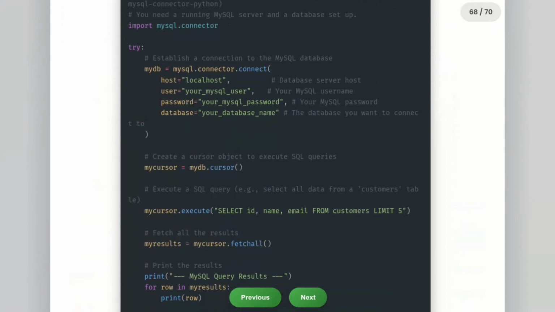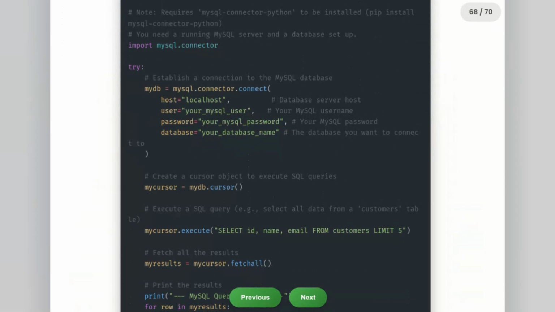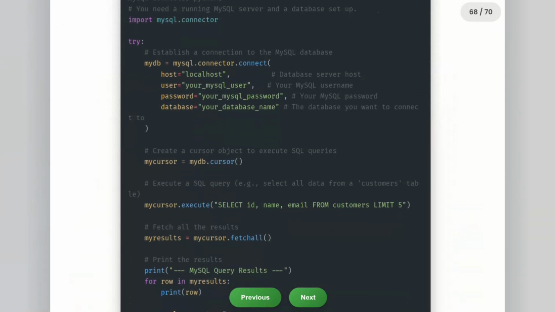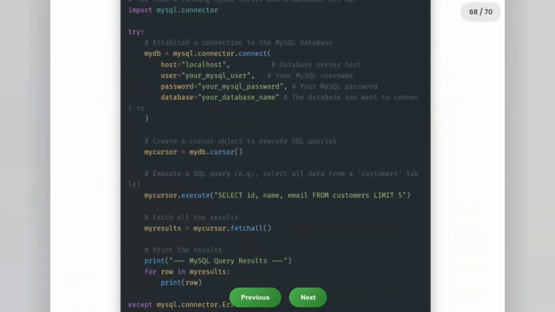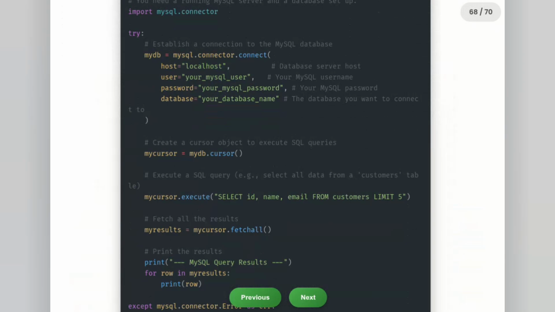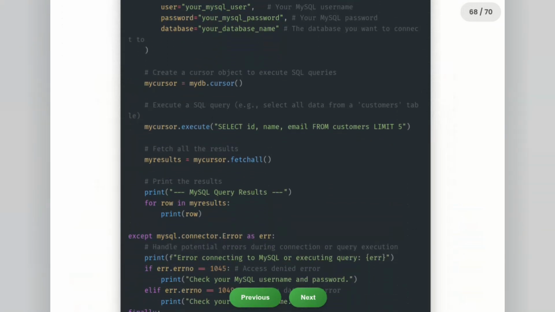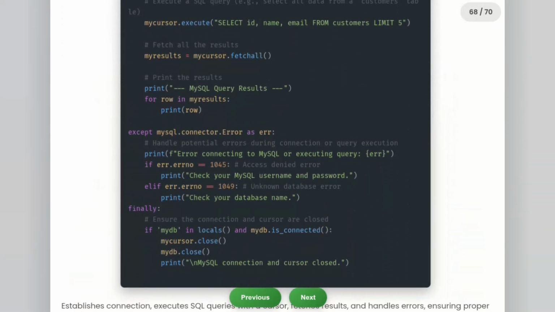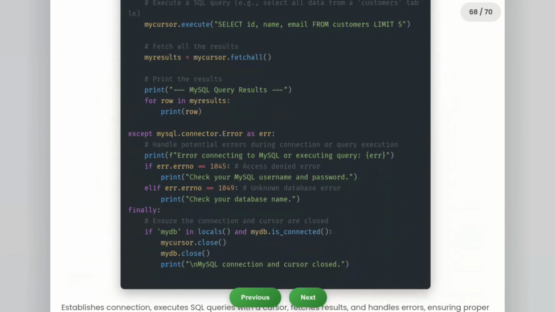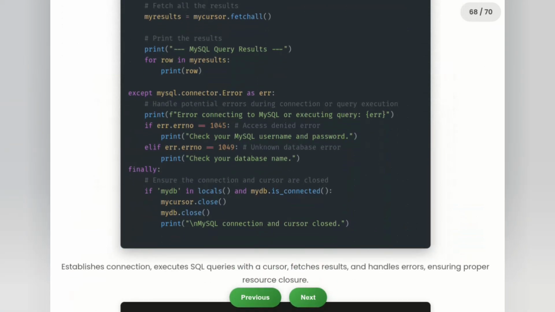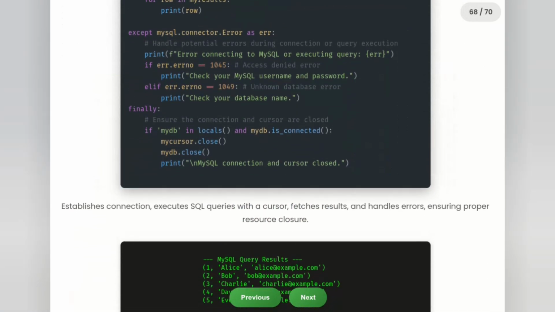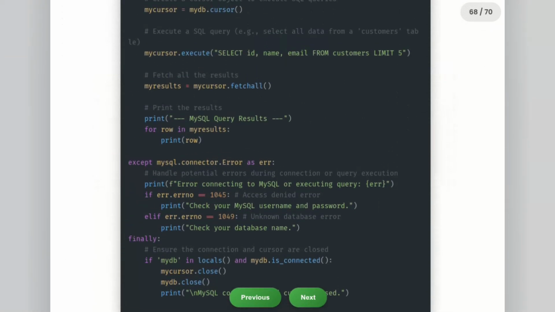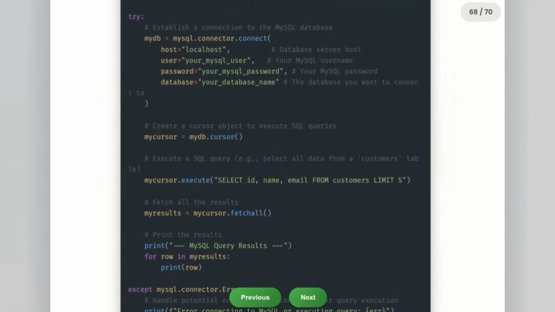Here's a basic example of how you might connect to a MySQL database, execute a query, and fetch results using the mysql-connector-python library. This example demonstrates how to establish a connection using mysql.connector.connect. Create a cursor object to execute SQL commands, use execute for your queries, and fetchall to retrieve the